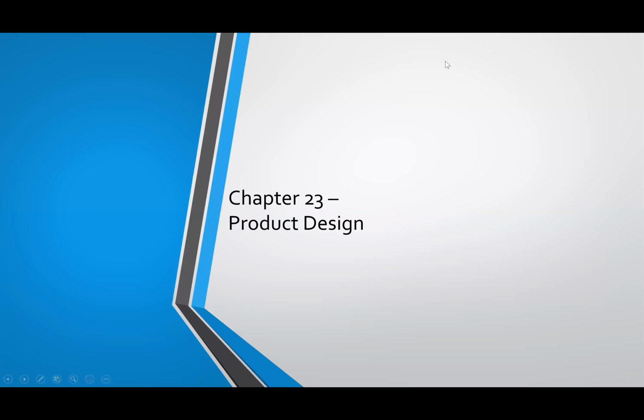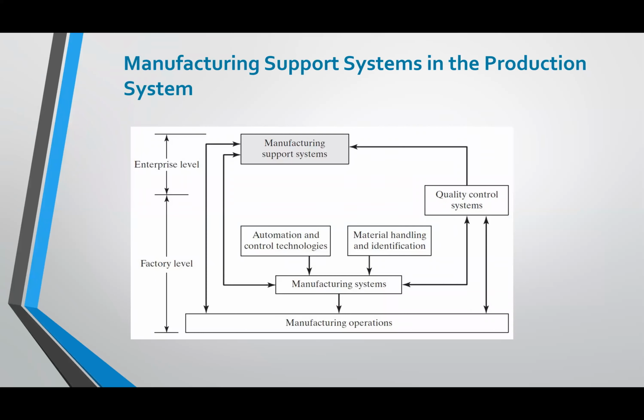All right, so we're looking at chapter 23, which is about product design. And if we were in our AEC, we'd be able to actually see CAM software being used and CAD software being used, and then how that relates to manufacturing. But generally what we're looking at is that there are multiple support systems that are used in manufacturing: quality control,